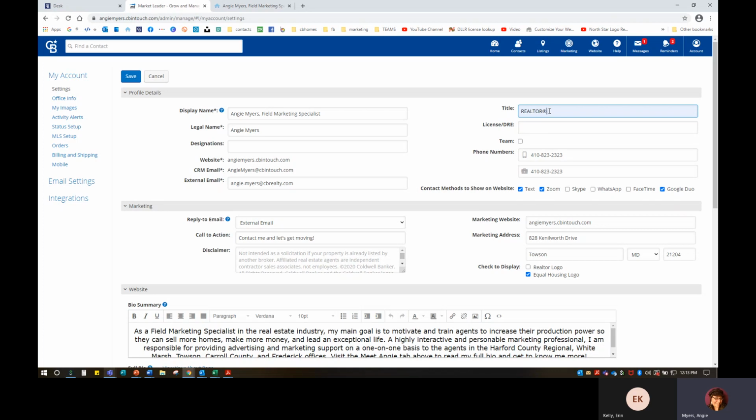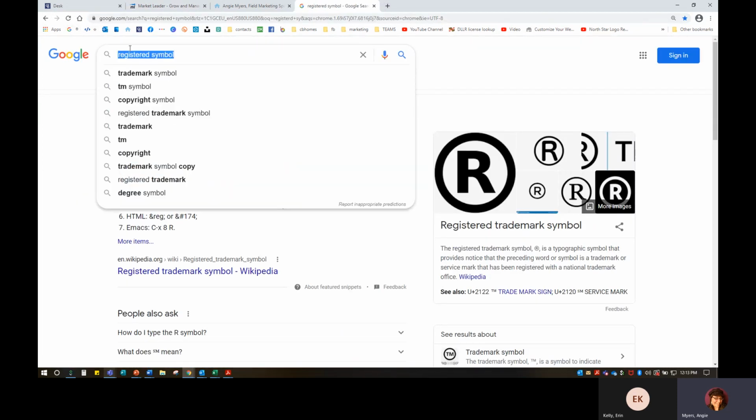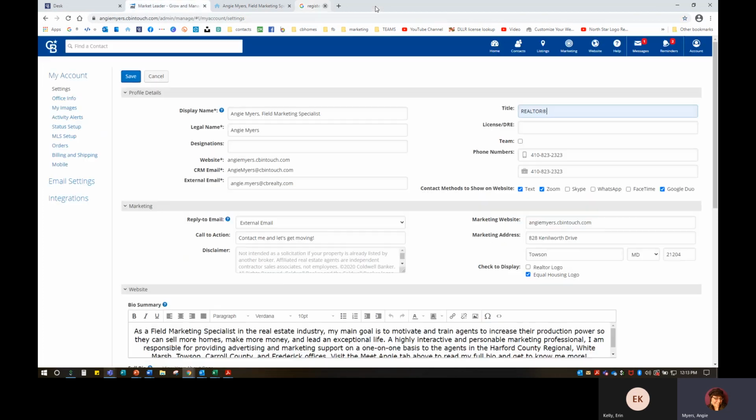If you have the little numbers pad on your keyboard, on a PC, you can hit the Alt key and 0174 on that particular keypad, and it will pop up with that little R for the registered symbol. Or if we just go to Google, type in registered symbol and search it, you'll see this will pop up, and I just go in and highlight that little registered symbol. I'm going to go ahead and copy that,